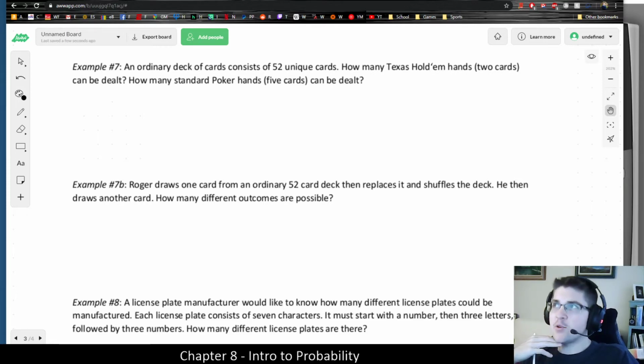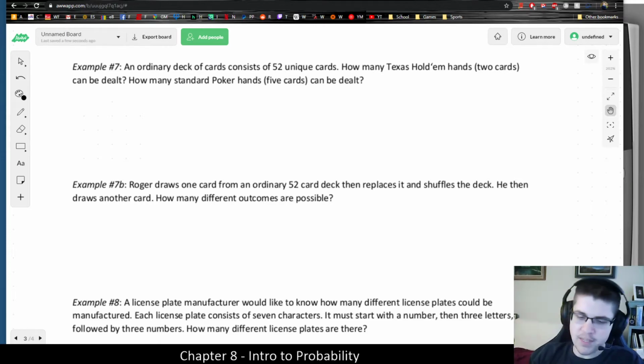It then asks how many Texas Hold'em hands of 2 cards can be dealt and how many standard poker hands of 5 cards can be dealt. So these are different types of games where in Texas Hold'em a player starts with any 2 cards from the deck, and in regular poker people are dealt 5 cards. And we want to know, well, how many different hands could I possibly have? What is my event space, or what's my sample space depending on the context. So, basically, these are both combination questions, and it could be very easy to mix up these problems